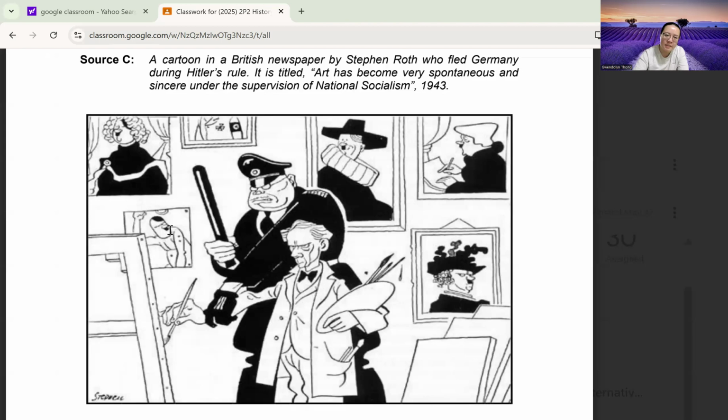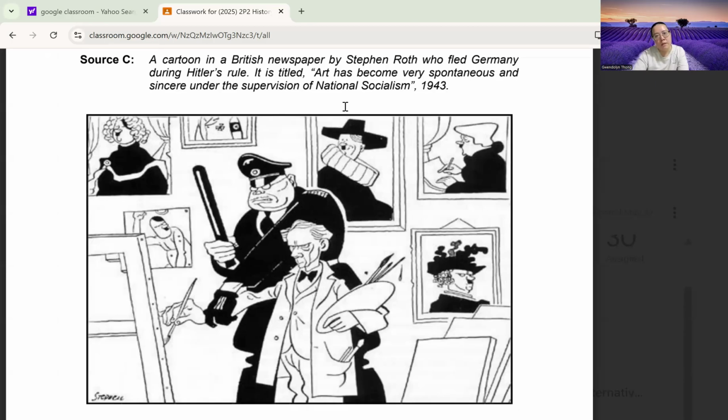And in the background, you can see some of the outcomes of this coercion, right? You see many portraits, different pieces of art through the ages, okay, being remodeled, okay, to contain Hitler's image, which shows us that art in Germany now serves the sole function of glorifying Hitler, okay, and Nazism.